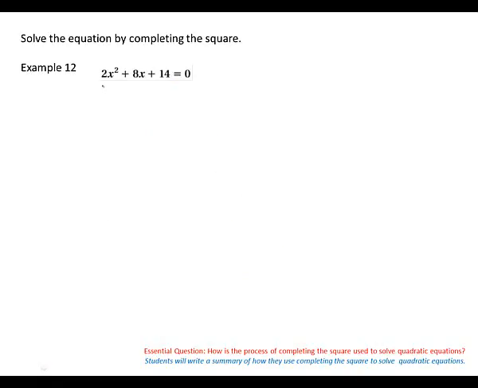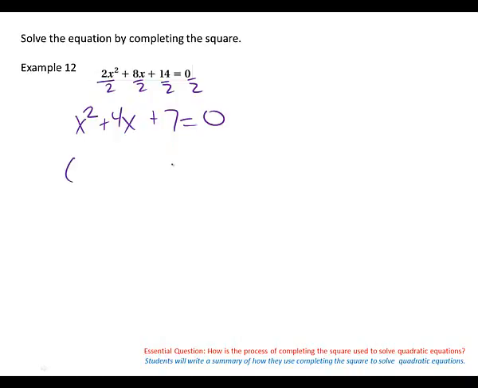So the very first step was if we have a leading coefficient, we were supposed to divide by it. So we're going to do that. Okay, so divide every single term by it. That gets rid of our lead. So I'm down to x squared. What's 8 divided by 2? 4x. And 14 divided by 2. Now is it any different than what we've been doing for the last 3 examples? No. Okay, so